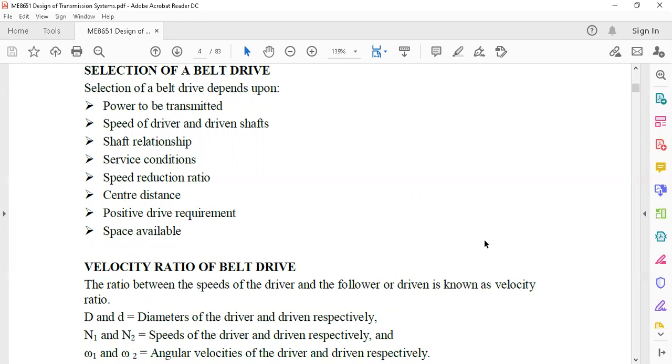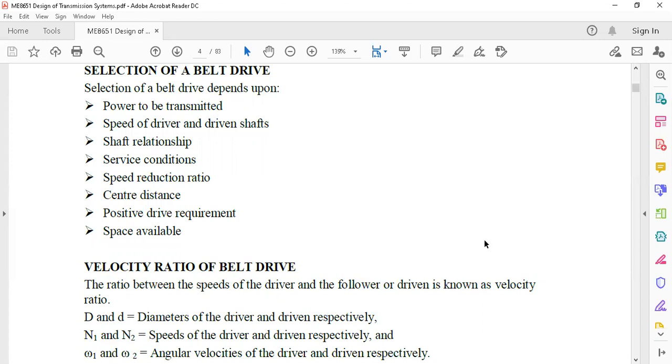They are used in the systems for calculating the velocities of the shaft, or the speed of the driver. There are two things we want to consider in this: one is the driver and the other is the driven. We also want to consider how much energy, which comes under the relationship of shafts, and then the service conditions and periods. Now, what is the lifetime of the gear which will be designed, that is also one of the calculations carried out.